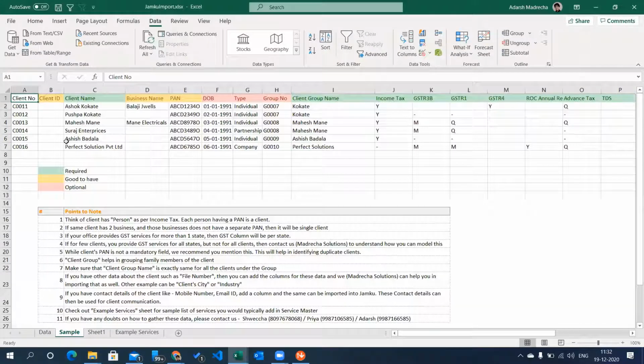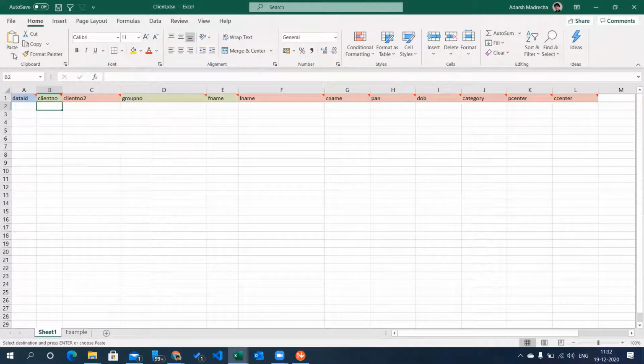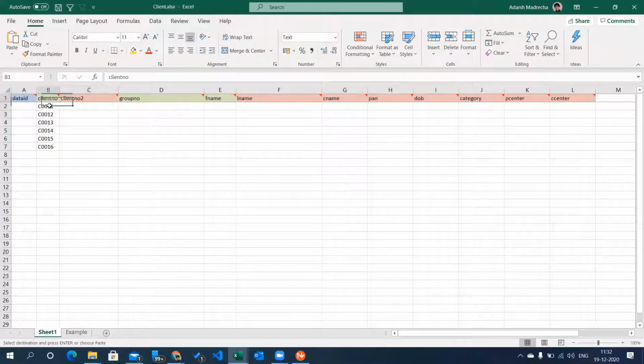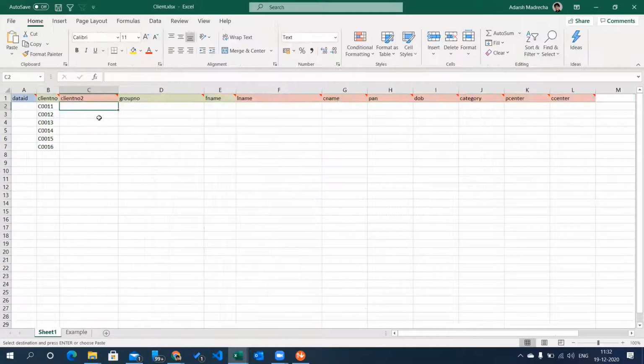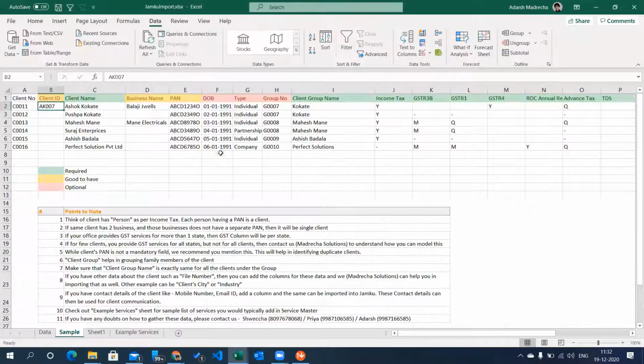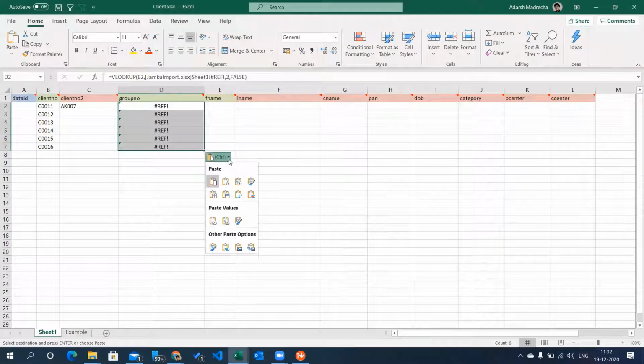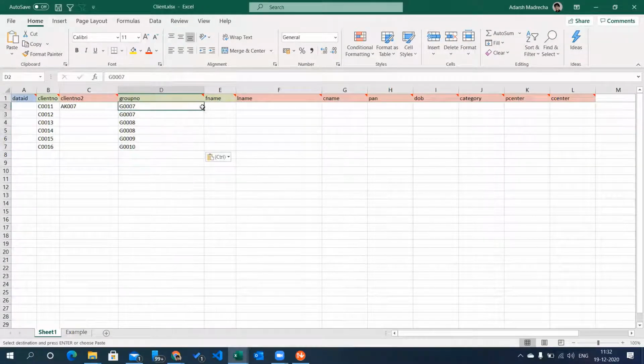Now let's copy paste the data. So you would copy paste the client number in the client number column, client number 2 from the client ID. So if you had say AK007, you would copy this information in the client number, then copy the client group number from this column, paste as values.